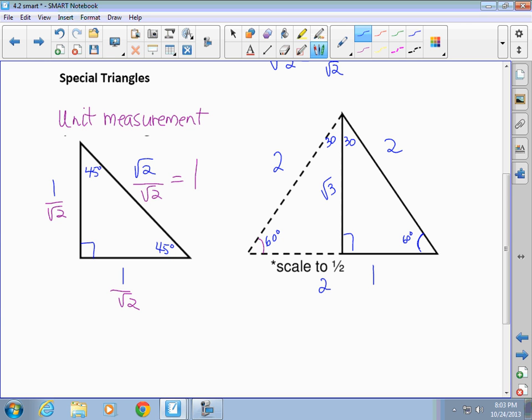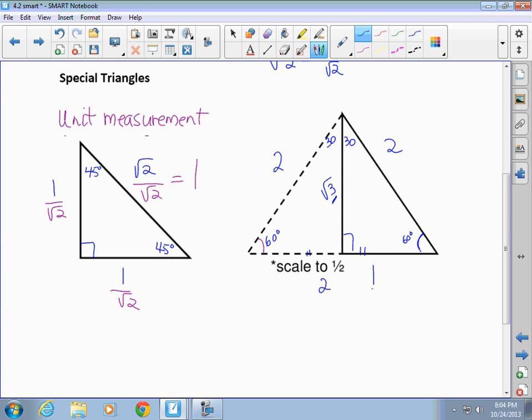And we could actually do a calculation for this, and that's why I put the 2's on here. To find out these 1's and these square root 3's, what we've done is we've said, okay, we've got a base triangle with sides of 2. When you drop down a right angle from one of those corners, it cuts this perfectly in half. So it took our 2 and divided it into 2 parts, so this was a 1. And then we would have used Pythagorean theorem with A equals 1,